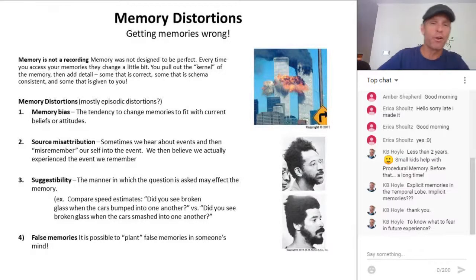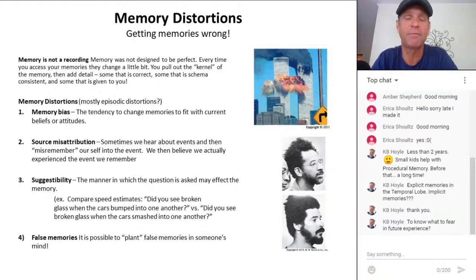Now, to go even farther, Elizabeth Loftus showed that you can even create completely false memories in people's brains. And she did this with what they call the Lost in the Mall study. So she recruited people for her memory study, and then she contacted their parents and asked them for stories of their childhood. And for each participant, she got a couple of stories that really happened in their childhood. And so what she would do is she would bring the people in and ask them about the first memory. Do you remember when this happened? And they would go through the memory, and the people would say, yeah, I remember when that happened.